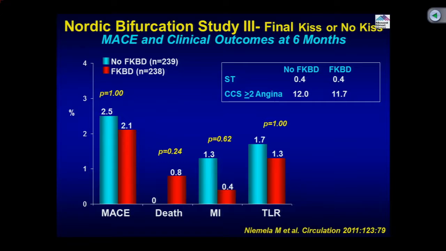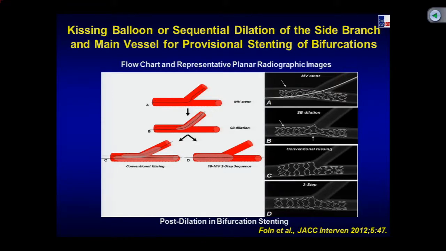So the key is that routine kissing does not add any advantage in angina or stent thrombosis. Of course, if you have TIMI 3 flow, you need to go to the side branch. Then a lot of data have emerged that rather than doing a kissing balloon dilatation, which would really cause deformity